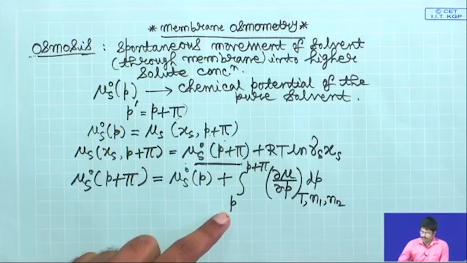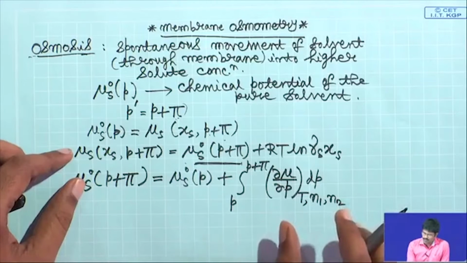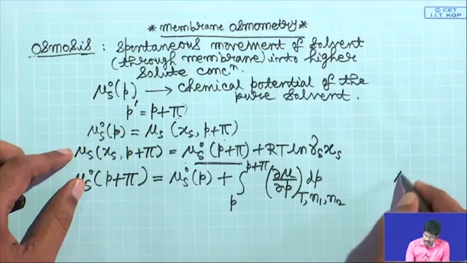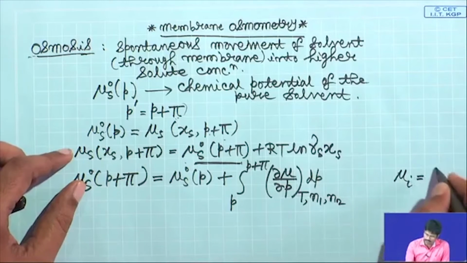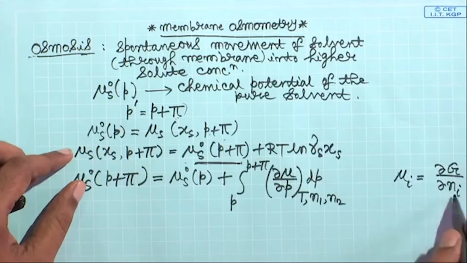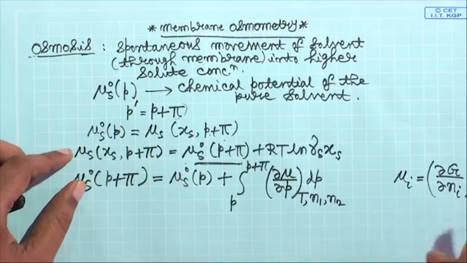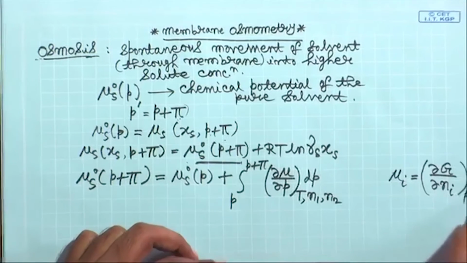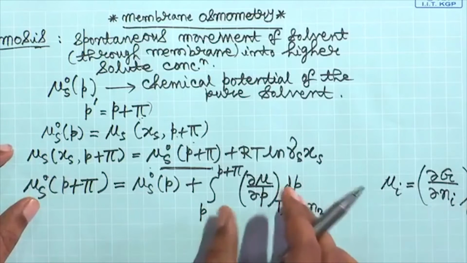Now, you know this value of mu is your chemical potential, mu of the ith component in a mixture, for example. That will be equal to the change in free energy with respect to the change in the amount or the number of moles of that particular species in that mixture, when the other things are constant. For example, P is not constant here, but in general it is P, T, N j, the other number of moles, say of the jth species or whatever. So this is a general expression, and that expression we are going to bring in here.